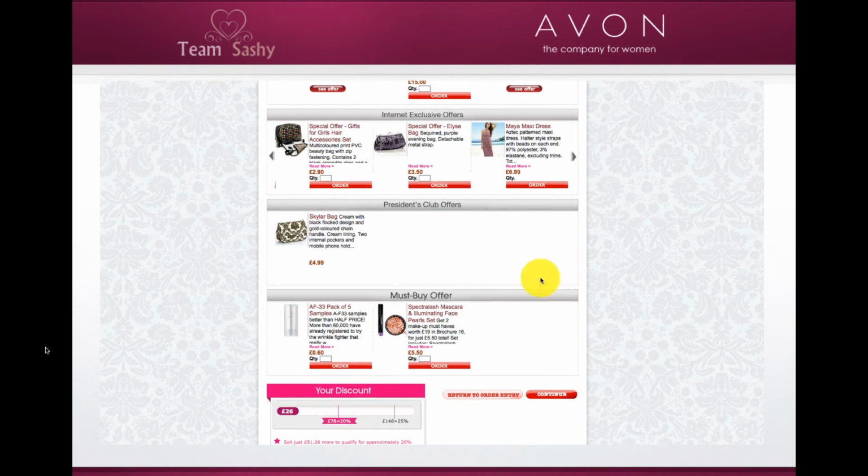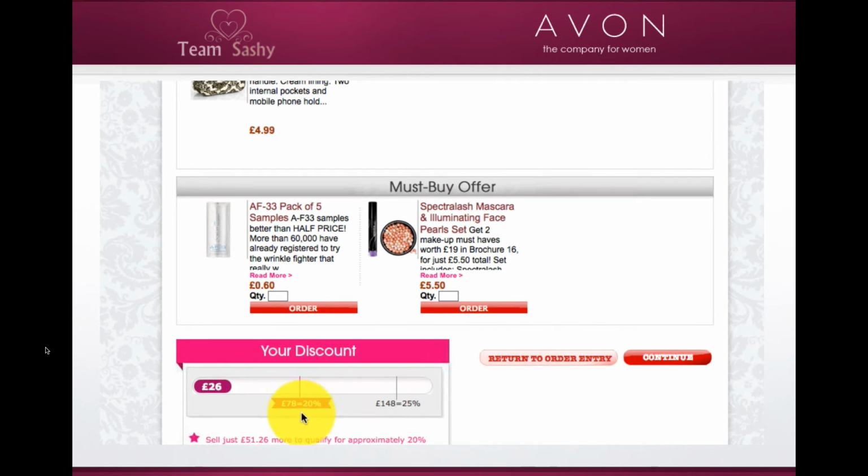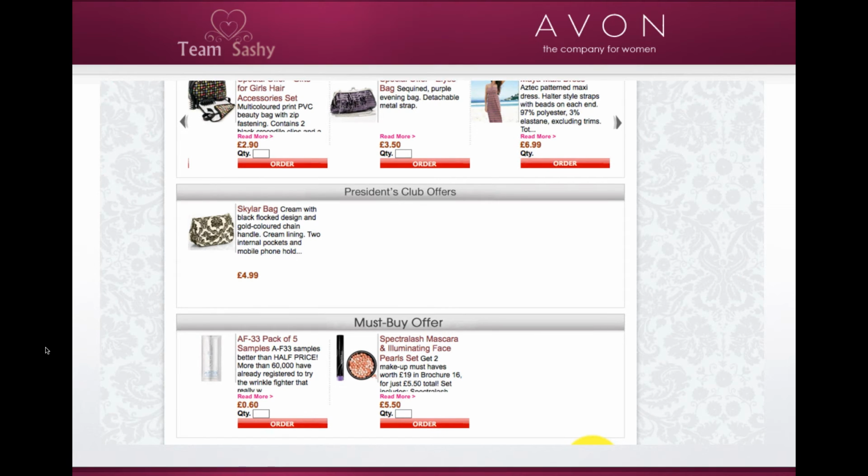As you scroll down, they'll also show you if you're part of the President's Club and the must-buy offers. So it's telling me when I hit my £78, I'll get my 20% discount, and when I hit the 148, I'll get the 25. Obviously, I'll have a lot more orders than this, but this is just to show you what you do next. You would then click Continue again,